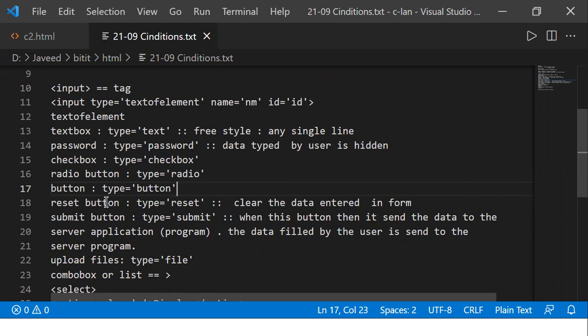That data is going to be sent to the server program. It is going to be sent to the server, and then at the server it is going to check whether the data that you have given is okay or not. If the data is okay, then it's going to fetch the data from my database or whatever it is. When I log in using my Gmail, all your mails will be displayed. Or let us say you have some other application. Let us say I'm working for some XYZ company, and in my company I'm going to have a login screen.